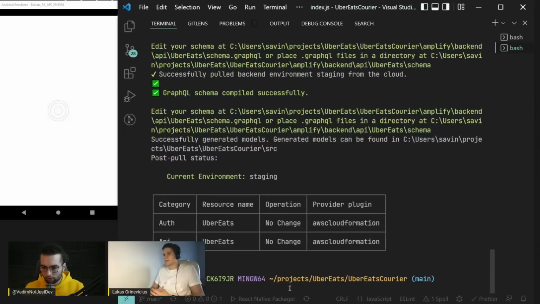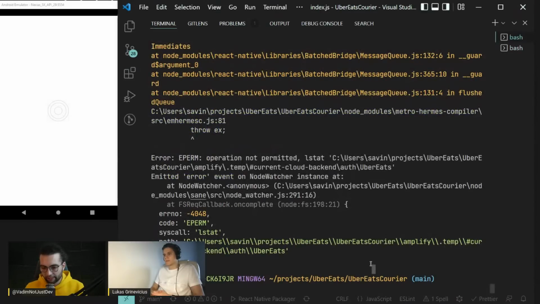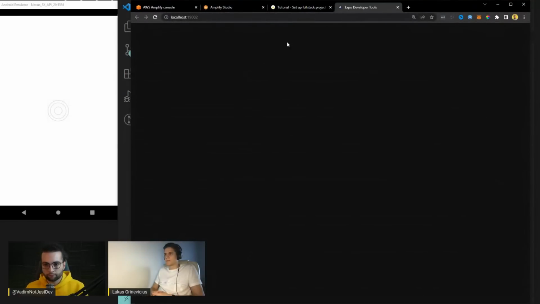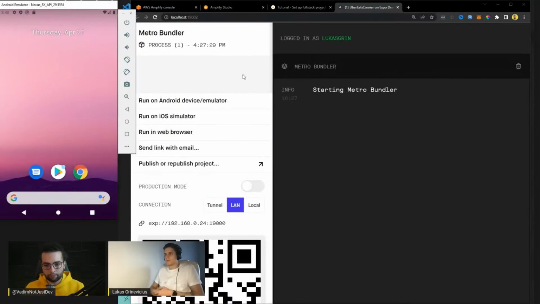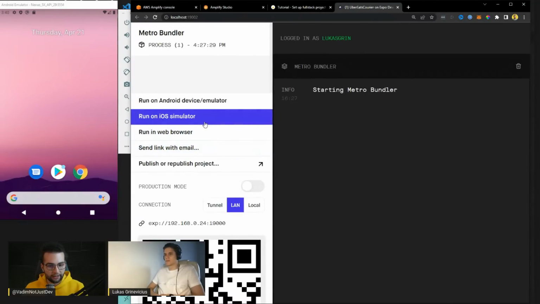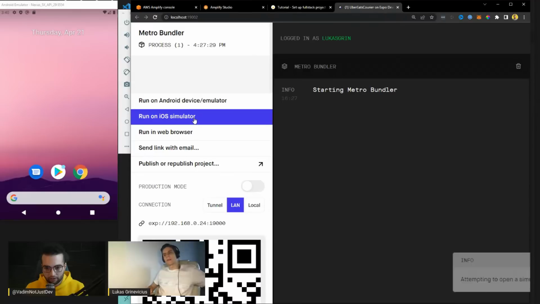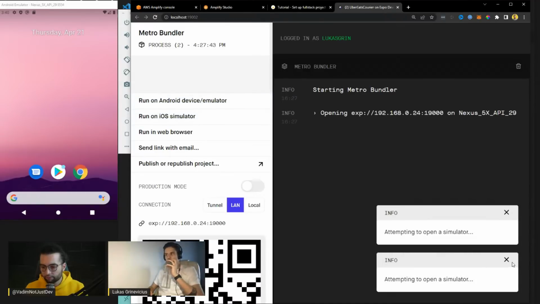But my server again stopped, and I can do npm start again. Yeah, the order has order ID. The order has user ID, and based on that user ID, we will need to